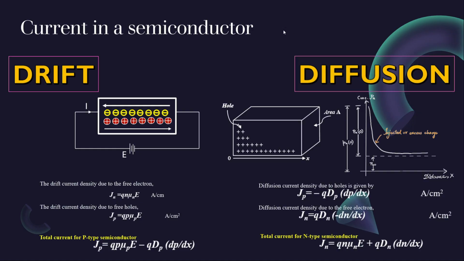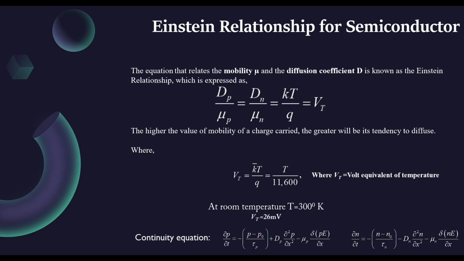So this is all about the drift and diffusion currents. The next concept is the Einstein relationship for semiconductors. It is a beautiful and crucial result which links diffusion and mobility, and it tells us that diffusion and mobility are not independent. The thermal motion ties them together. To start with,